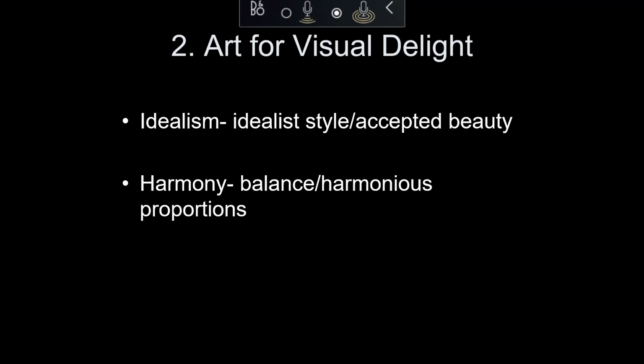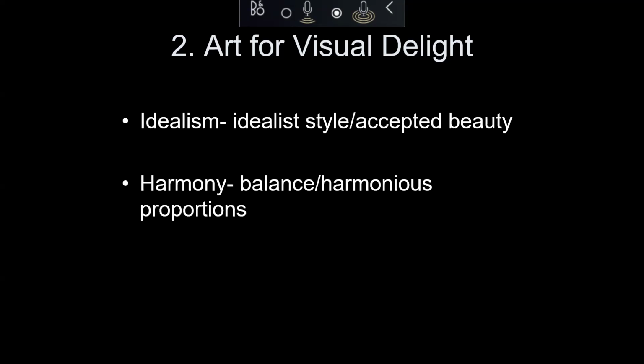Sometimes it's hard for artists that are pushing those boundaries, you know, because they don't fit into this idealistic kind of style because they are pushing those boundaries that make people uncomfortable, right? But it still gives us visual delight to see these changes. So I don't want to make it sound like it's only what has idealism and what's already been accepted. No, okay, but that's usually the first thing of visual delight.